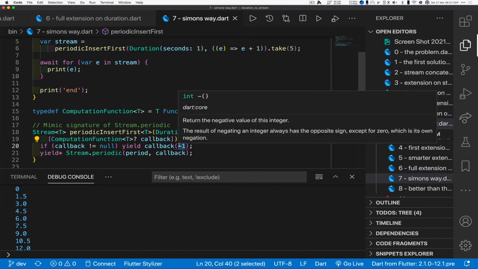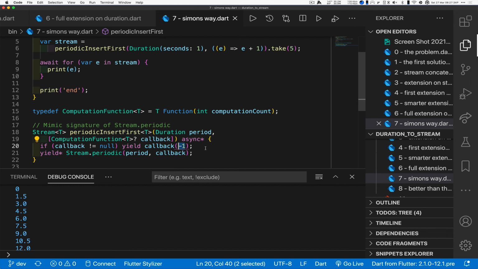Now, because the first parameter passed into the callback is 0, I have to have some way of indicating, hey, it's me, it's not the original Stream.periodic, and it's off by 1 in the wrong direction, right? So -1 does that. And then a yield star, Stream.periodic, period, actually is brought in, from the duration that's in